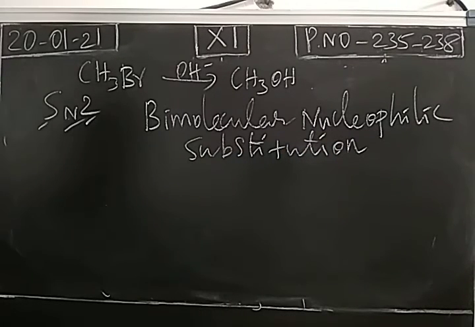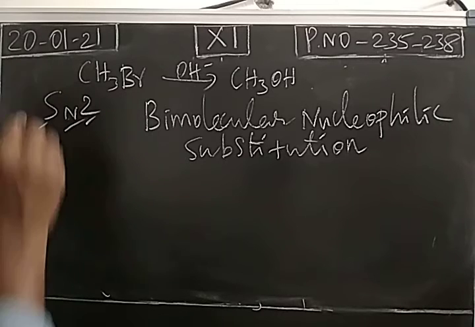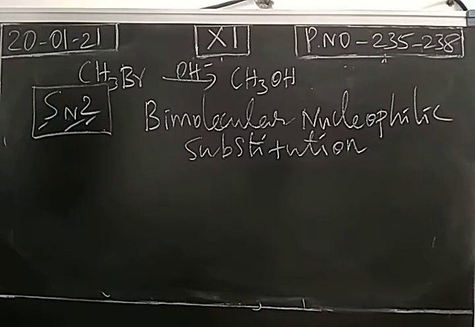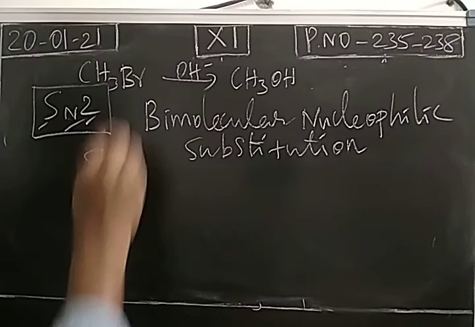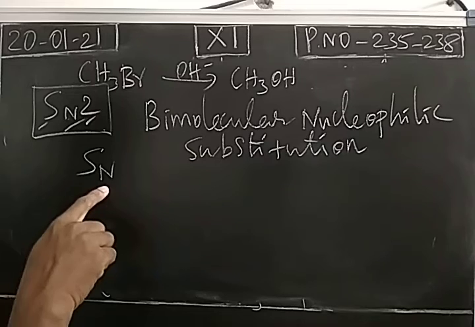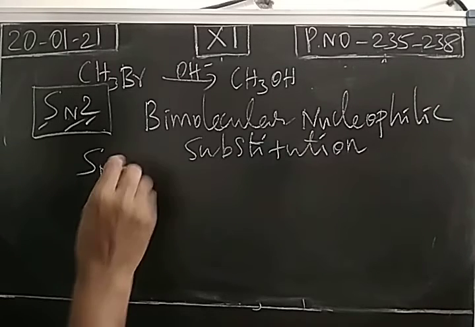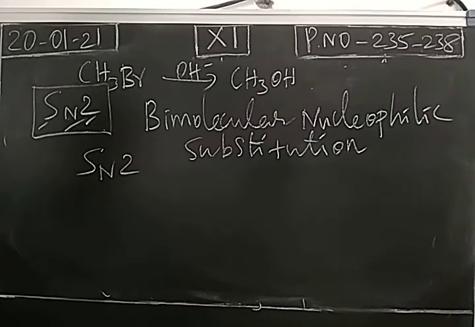So this is a nucleophilic substitution reaction and its mechanism is SN2. The expansion of SN2 is bimolecular nucleophilic substitution reaction. And in this order you have to mention the mechanism. S should be a capital letter, N should be a capital letter which is written in the subscript part of S, and 2 can be written as usual. So this is following the SN2 mechanism. The formation of alcohol from alkyl halide follows the SN2 mechanism.